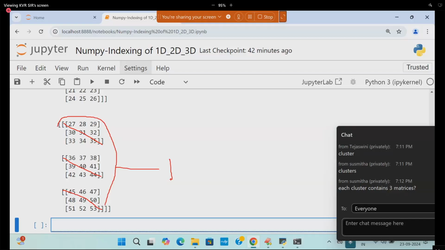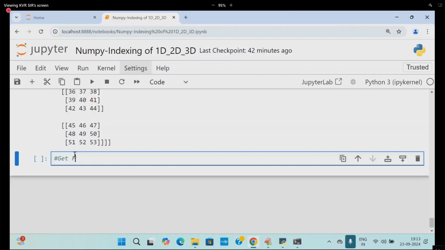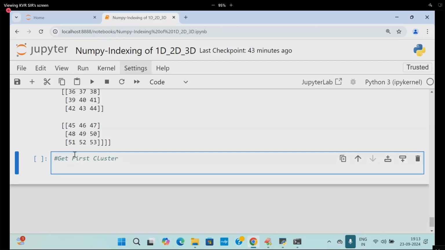Are you following me? So print the first cluster. A of 0 will give you that first cluster. A of 1 gives the second cluster. In the first cluster, I want the first matrix.